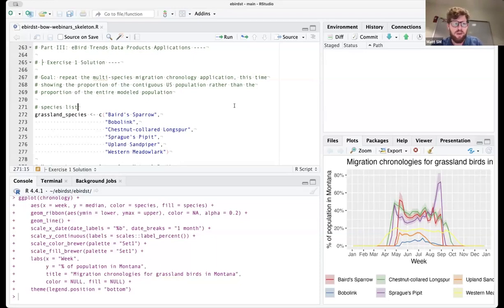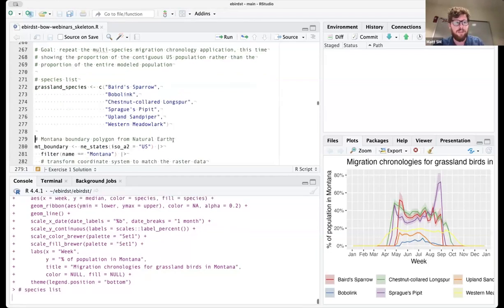I'll step through the code briefly. On the bottom right, I have the figure from the global population case that we did during the workshop.